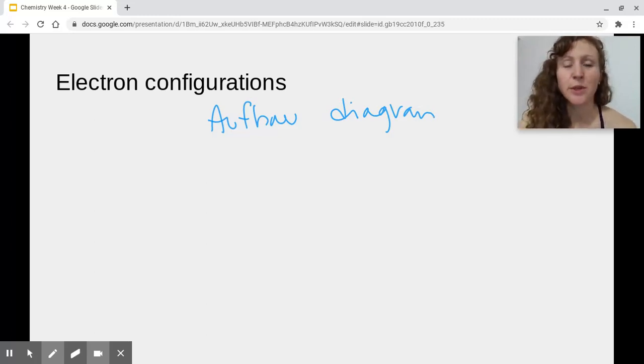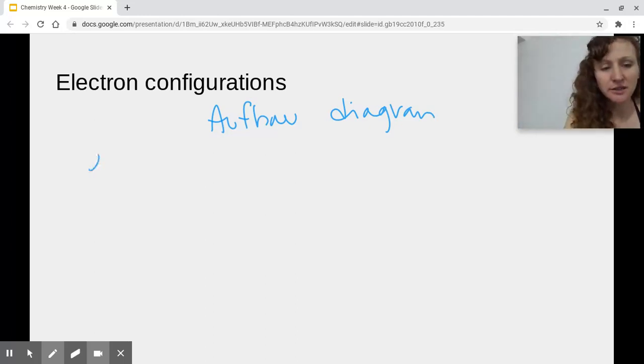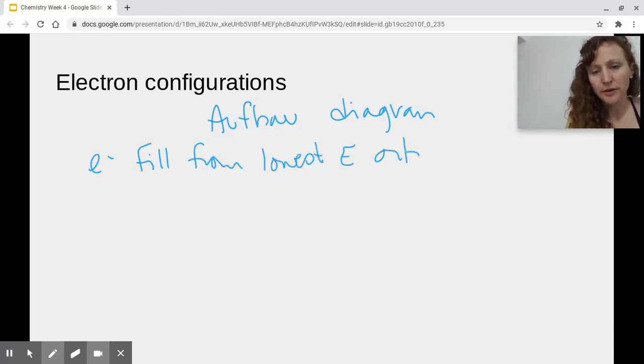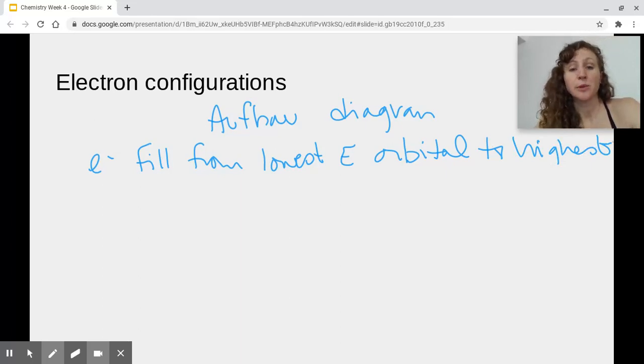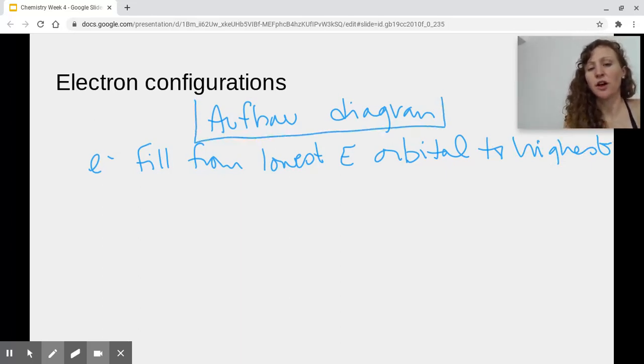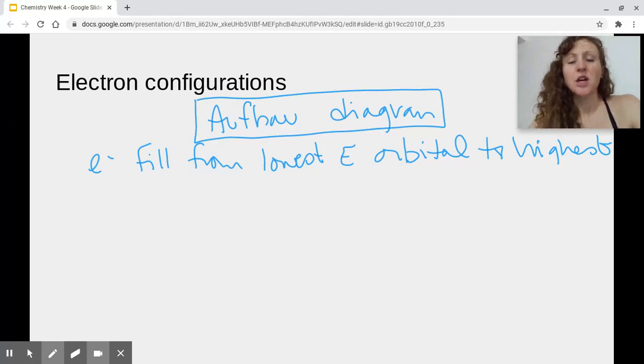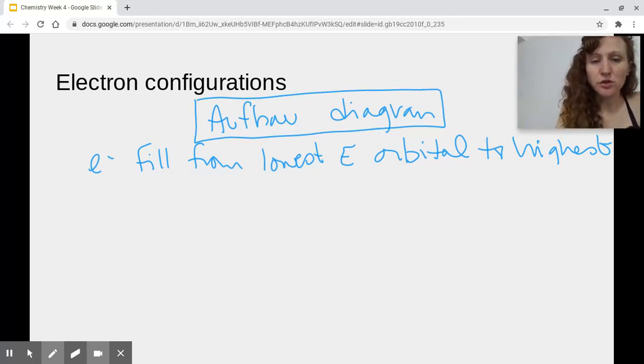The Aufbau principle is that electrons fill from lowest energy orbital to highest. That's what the Aufbau principle is. And so what I'm going to show you is called the Aufbau diagram, which helps you remember that order of filling. So what you do is you just write out each of the energy levels separately